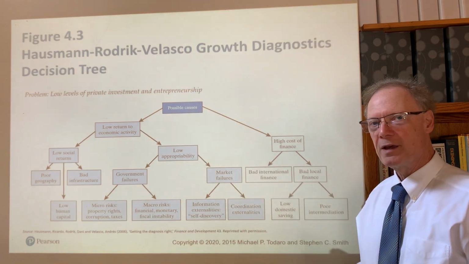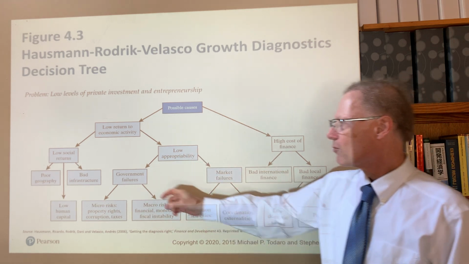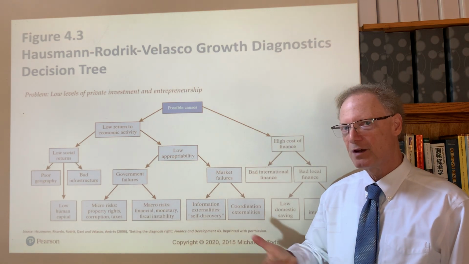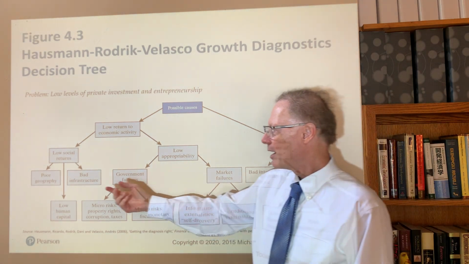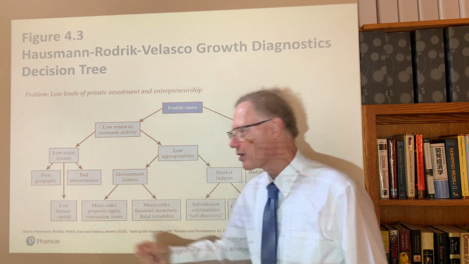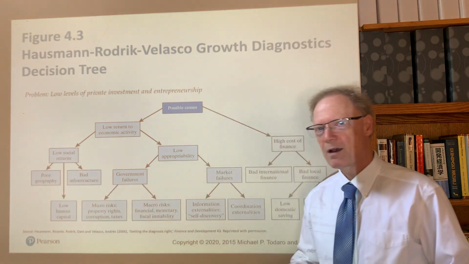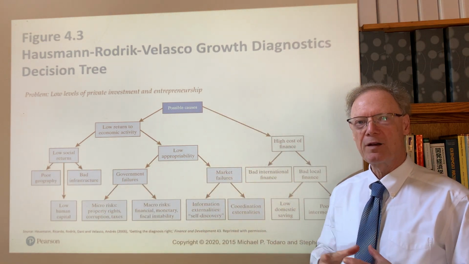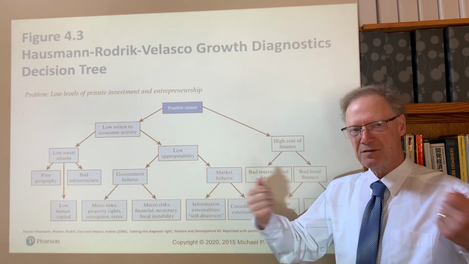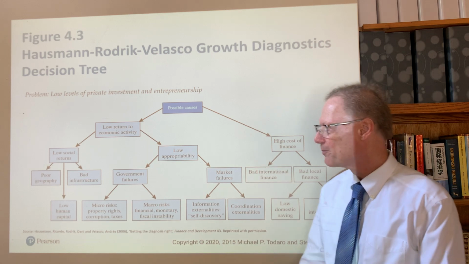Turning now, with respect to possible causes, going through low return to economic activity. From here, there are two branches. One goes to underlying low social returns, productivity of the investment. And so these are divided into poor geography, bad infrastructure, and low human capital. Poor geography may have to do with, for example, mountainous areas. So some adjustment must be made for the exogenous terrain that has not been successfully carried out before.